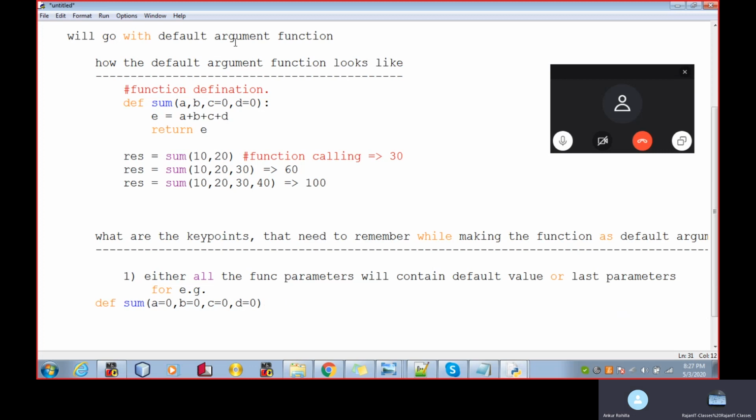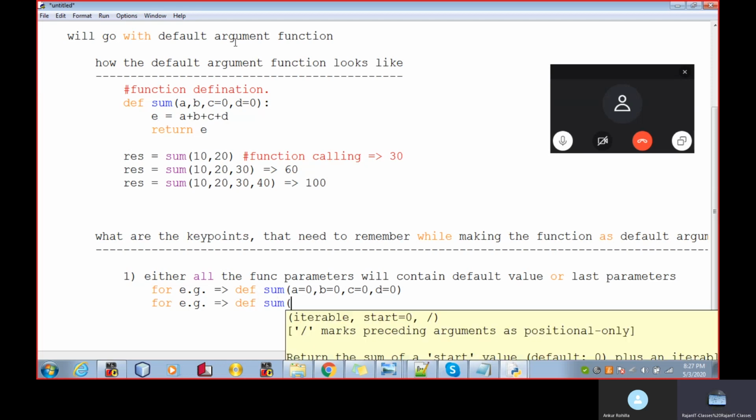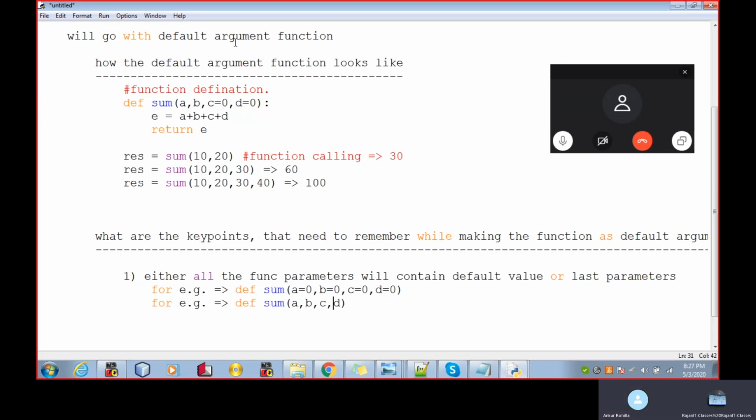It means, for example, sum a comma b comma c comma d. Now which parameter is the last? This one, D, right? So I will make this one default. Now these are left.